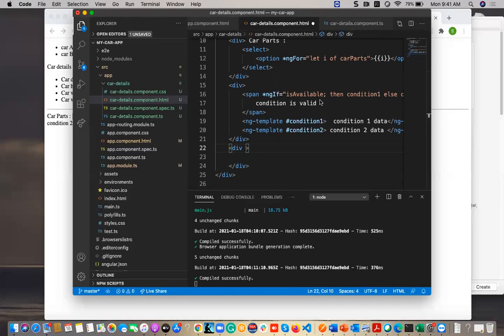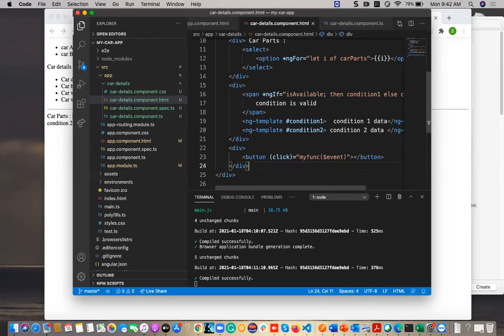Let us think we have a button here, and I am having a click event and giving my function here, and I am giving $event.